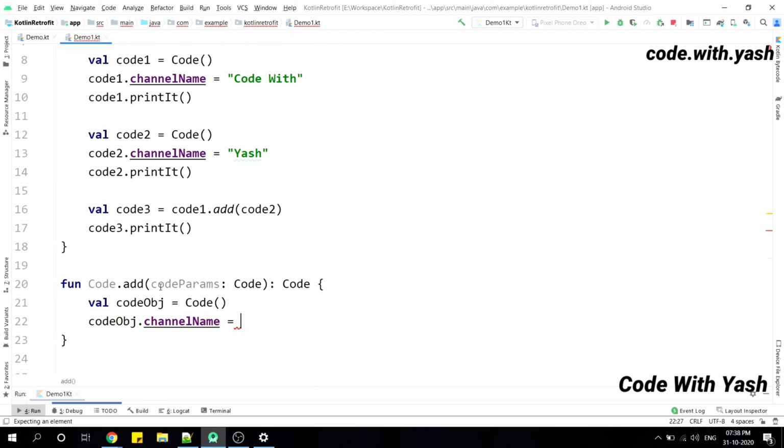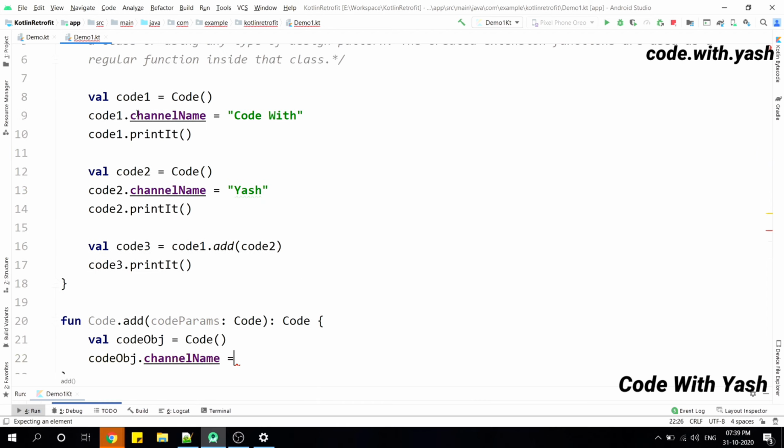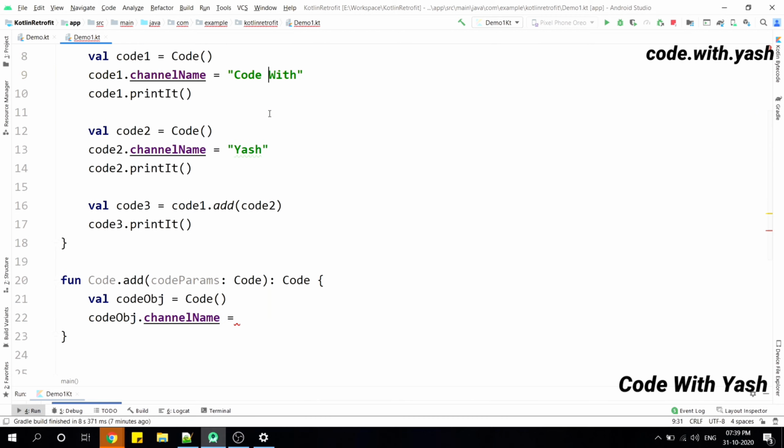Here we are getting codeParams as code2. That is, we are getting the code2 channel name by this parameter itself. By using this codeParams, I can easily get the code2 channel name, which is Yash. But what about code1? How can I get this one? To call the code1 channel name, we have one keyword: this.